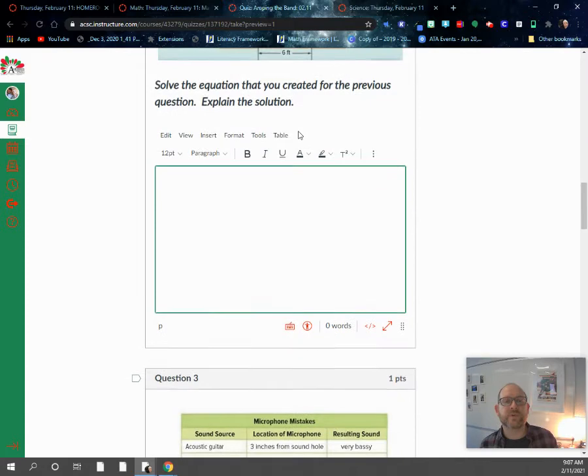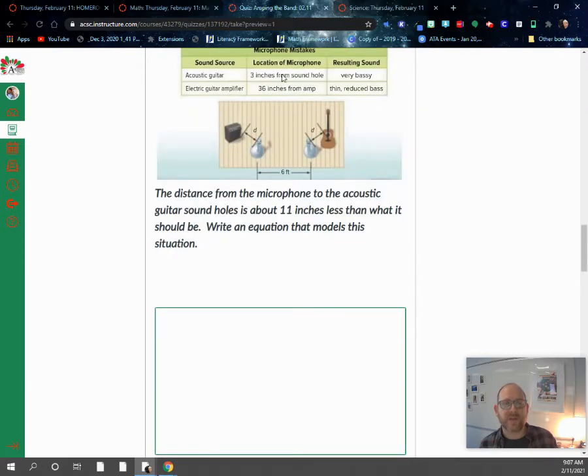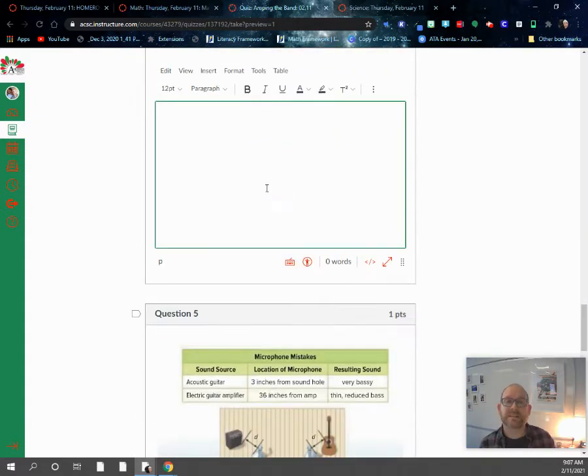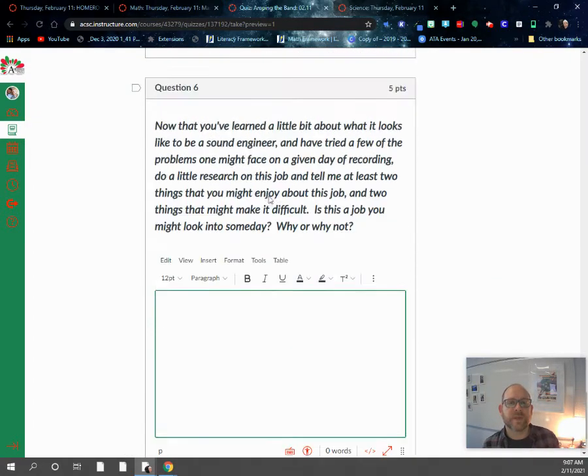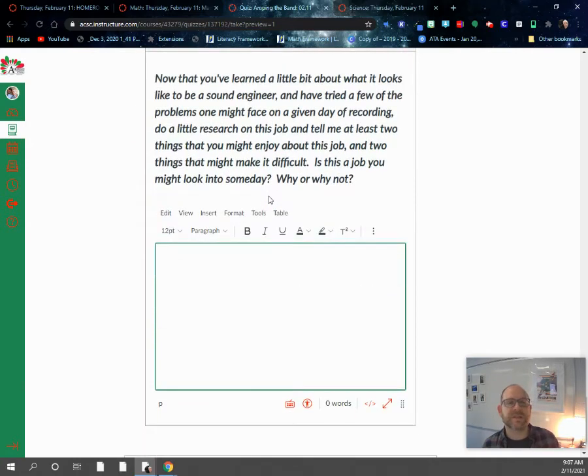So questions 1 through 4 will deal with this graphic and the table that's on top, basically solving some problems that you might come across if you were in the sound studio. Or questions 1 through 5, sorry. And then question number 6 asks you, now that you've learned a little bit about what it looks like to be a sound engineer, and you've tried a few of the problems one might face on a given day of recording,